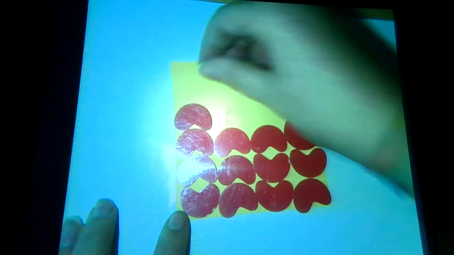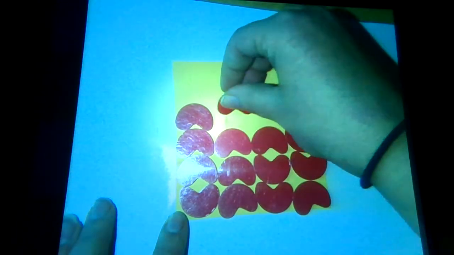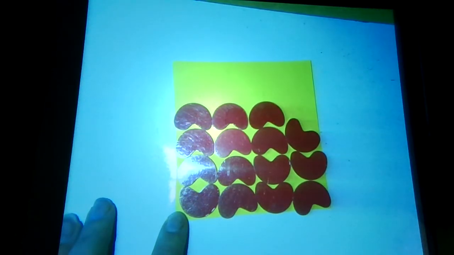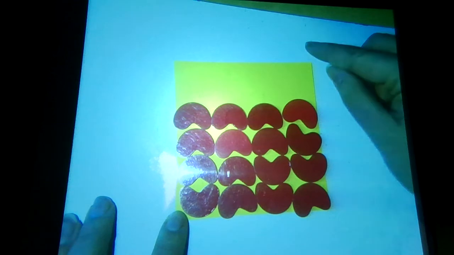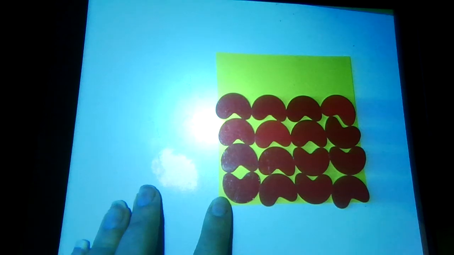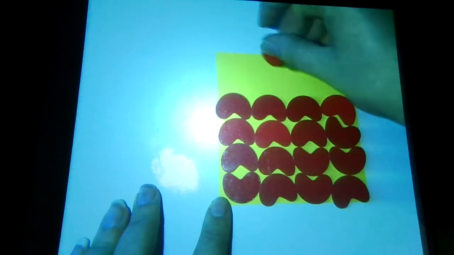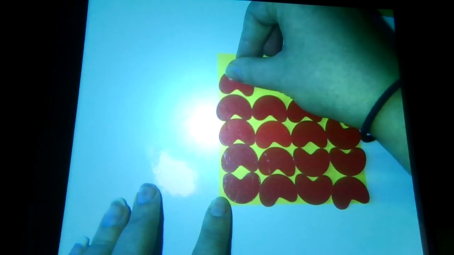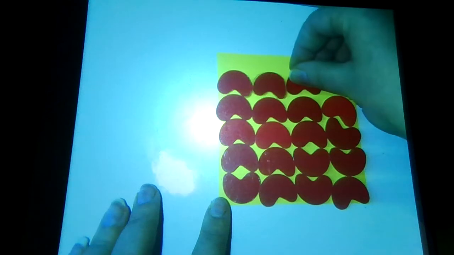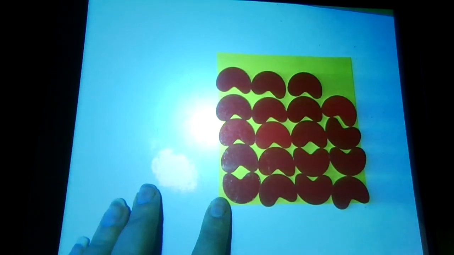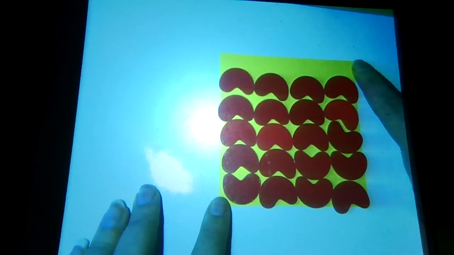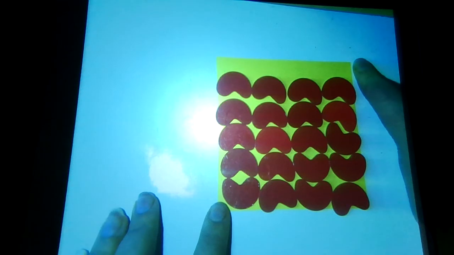13, 14, 15, 16. Oh, so now we're at the same number as the squares had. Here's 16, 17, 18, 19, and 20. Now I notice there's a little space left at the top, but I'm not sure if any beans